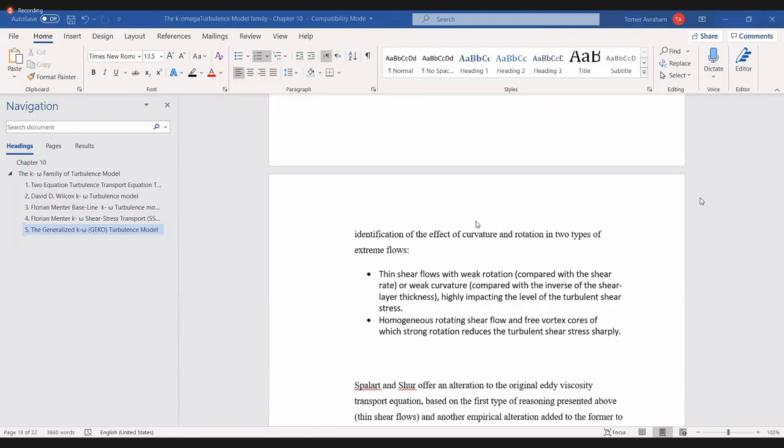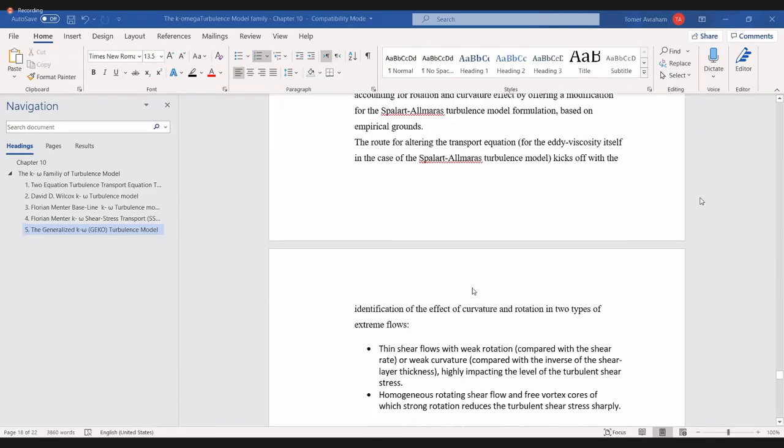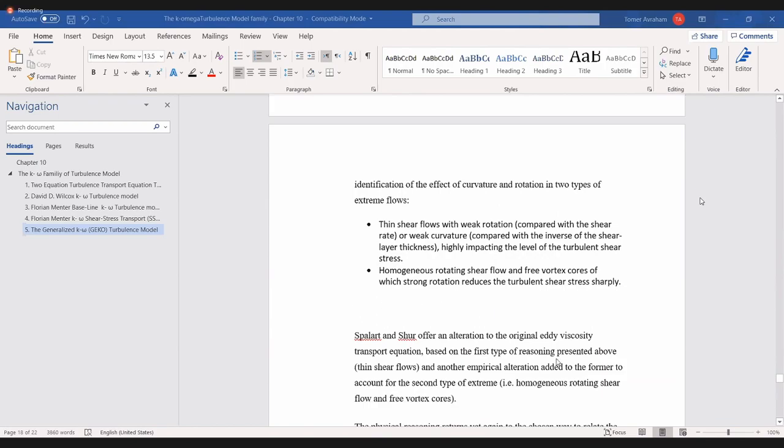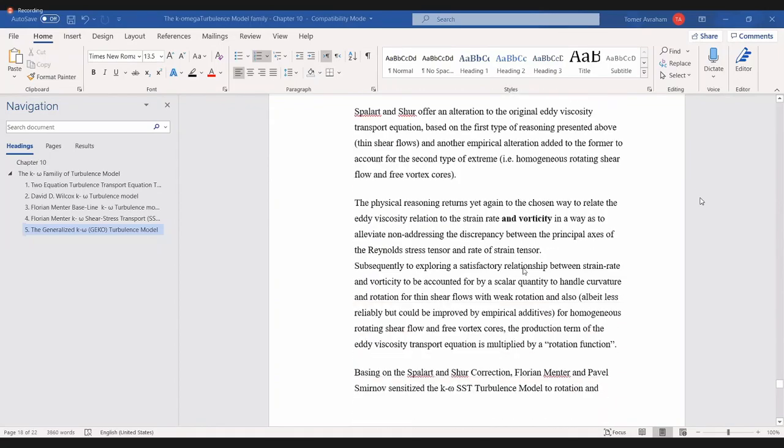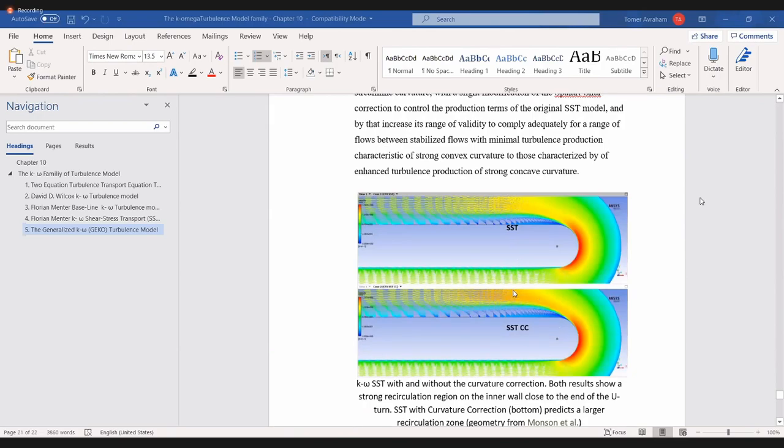Okay, so they offered correction for cases for which you have obviously an adverse pressure gradient because it's a wing, and what this C-curve uses is this correction. They simply took it and used it, so it's the same one that Spalart-Allmaras uses. So what I'm trying to say, this is how a curvature correction from Spalart-Allmaras